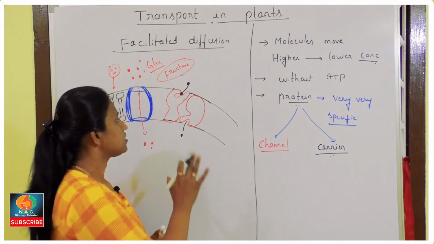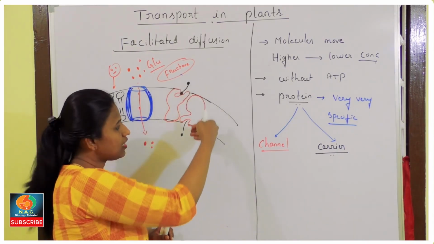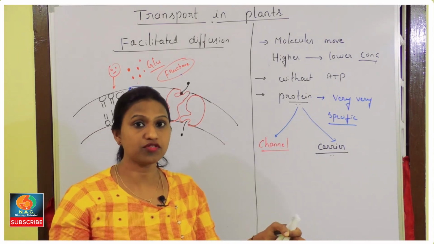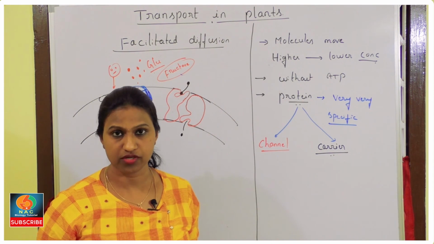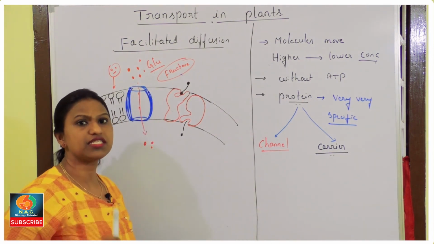Say for example, at a time it can bind 2 or 3 molecules, which means they allow 2 or 3 molecules to get inside. If plenty of molecules come and bind there at the same time, it is not possible. They can reach saturation. This is one point, and another point is that it is very sensitive to inhibitors.